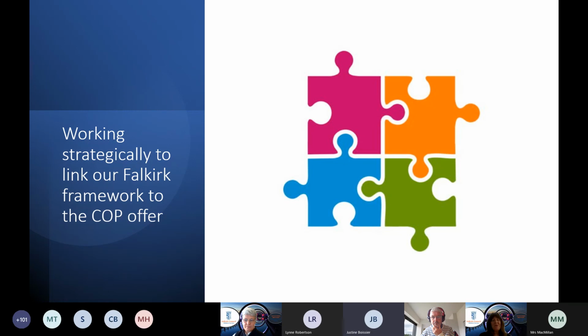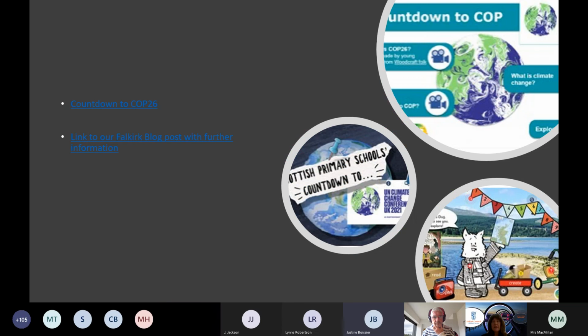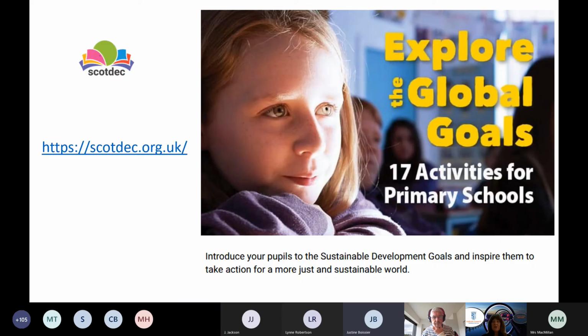Thanks, Jane. Hopefully this overview of our framework, our bundles, our plans, and how we link these with resources from partners has been useful. Like LFS, our framework is a complex, interconnected process, which is still evolving, as I said. Whilst we're keen to signpost our schools and colleagues to the wonderful array of COP26 opportunities, we're also keen to keep an eye on its curriculum legacy. So we want these opportunities to contribute to the ongoing development and cohesion of our framework, and we're doing our best to link our people, our processes, and our professional learning accordingly.